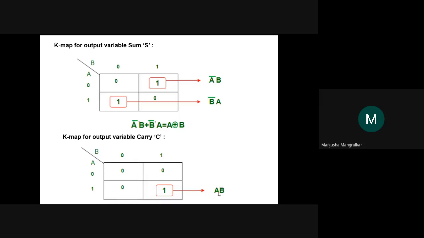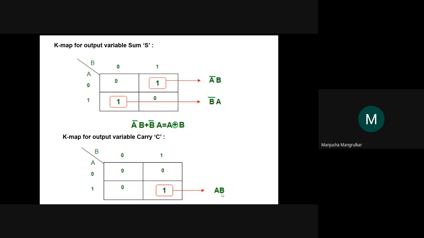Now this circuit I'm designing with the help of gates. If I'm using only the AND gate and OR gate, we have to do the minimization of the circuit. A complement B means I will require one NOT gate and one AND gate. Here also we require one NOT gate and one AND gate. ORing them means we require two NOT gates, two AND gates, and one OR gate. Instead of this, I can use only one XOR gate, A XOR B. So this is my minimization of this equation.